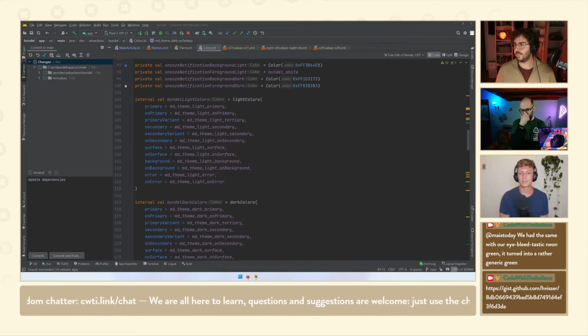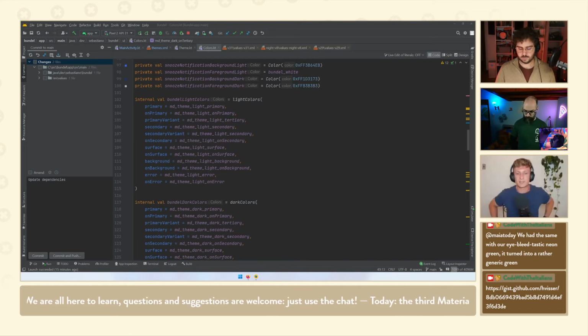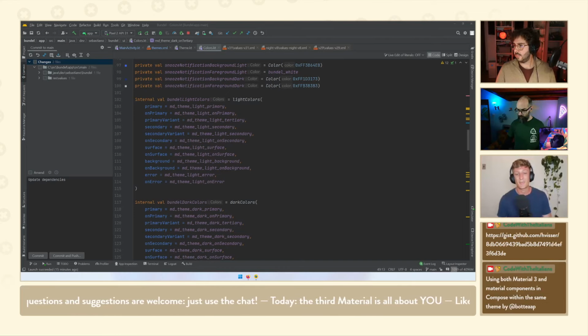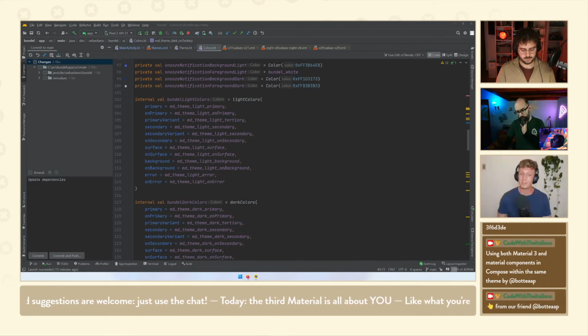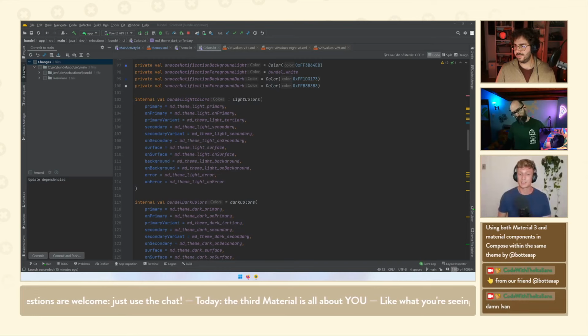And so what that leads to is: okay, I want to use Material 3 in my app, but I noticed that the component I was using tends to be slightly more outlying, less main, and it just doesn't exist in Material 3. So what do I do? Usually that means having to use both of them in your app. That can be tricky from quite a few angles. It can be tricky from a design point of view as well.